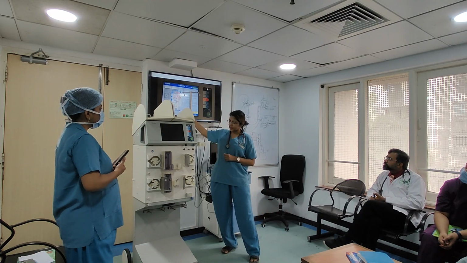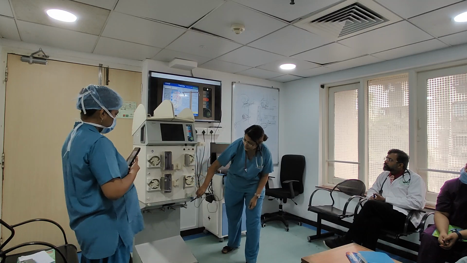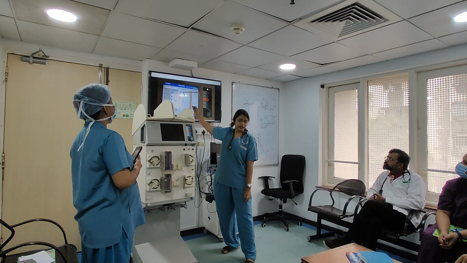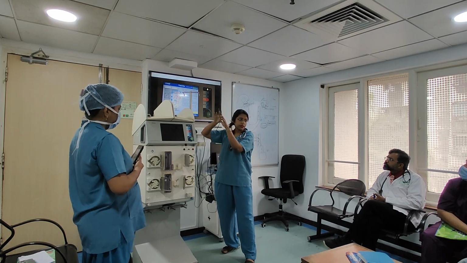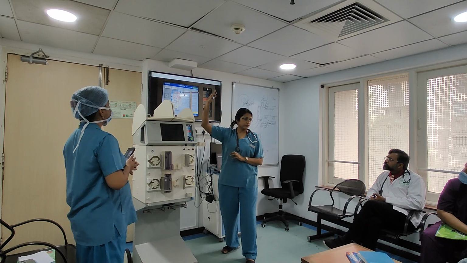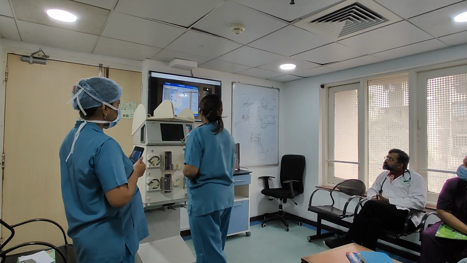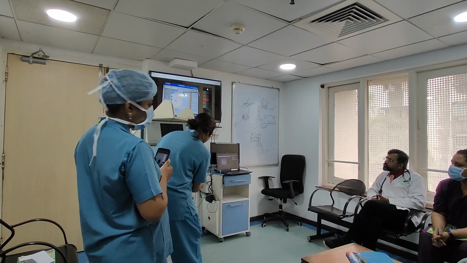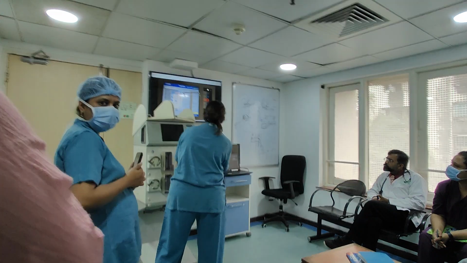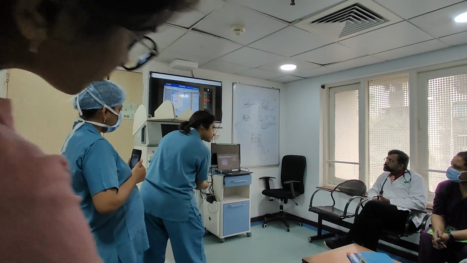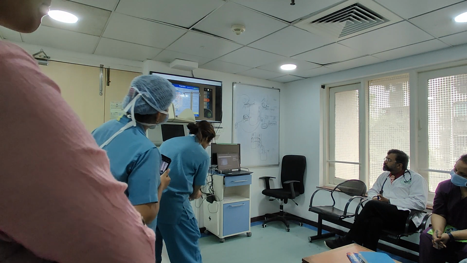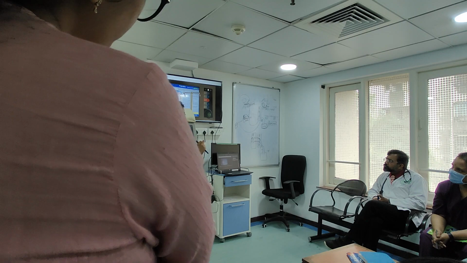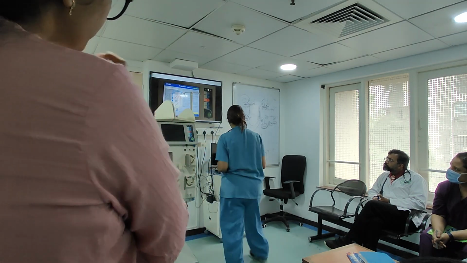And this is the venous line. The venous line will be like this. This venous line has to be connected to another collection bag which comes with the kit. We connect it to the collection bag and hang it here. Now this filtrate tubing will have 2 ends. One will go to the filter, and the other will go here, through the blood leak detector, and then get connected to the filtrate bag. Same bag.